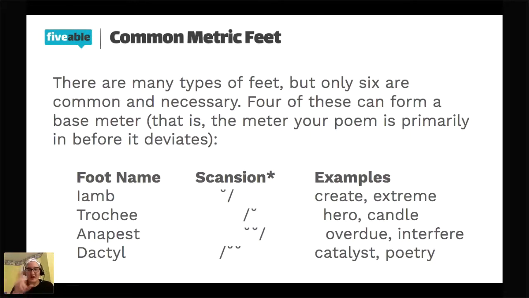Oh yes, so trochaic is just the opposite, so it's another pattern. Hero, candle. Something to think about when you're looking at these is where that stress is coming in. If it's at the beginning, it tends to move the lines faster. So this is where your meter comes in when you're explaining it. So if you notice a lot of iambs, you'll notice it moves a little bit more slowly than a trochaic line. If you can remember to do that, which would be cool. And anapest has just 2 unstressed and a stress, so like overdue and interfere. So this moves a lot slower than iambic.